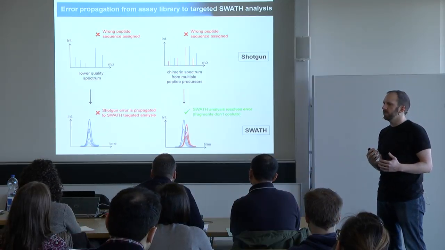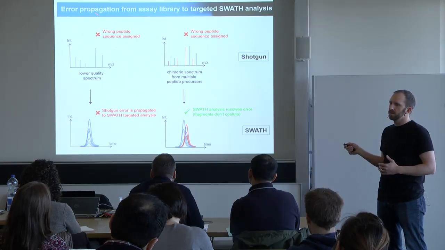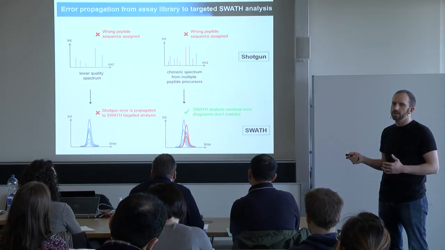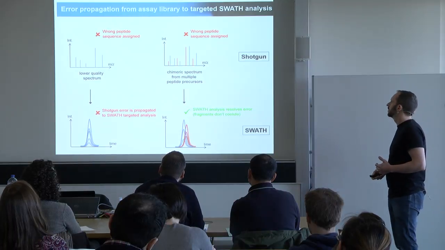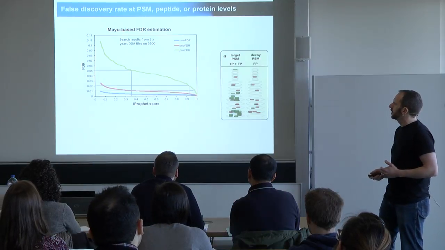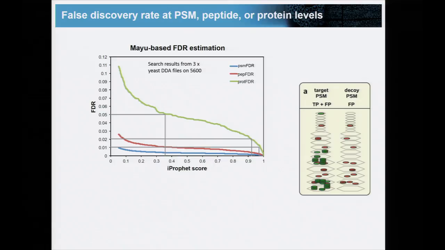And so the conclusion for me from that is that we better try to minimize as much as possible the errors in the assay library from the DDA analysis. To facilitate this, we're using a tool called Mayu. Rudy, I think, alluded to this earlier, and Brendan a little bit. What Mayu allows you to do, based on decoys, is estimate the false discovery rate, but at different levels, right? The false discovery rate at peptide spectrum match level, peptide level, or protein level can be very different